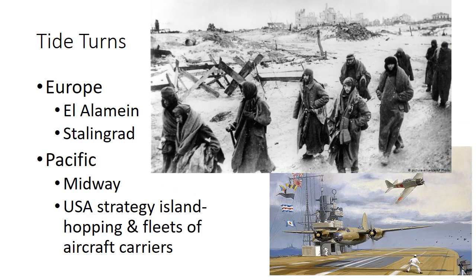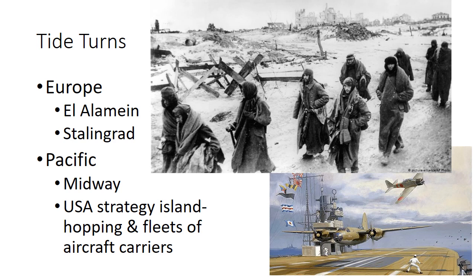The Pacific theater. After Pearl Harbor and the acquiring of practically all of Southeast Asia, we have the Battle of Midway Island. This is the destruction of four Japanese aircraft carriers by the Allied Navy forces, demonstrating their superiority in the Pacific. These battles stopped the advance of the Japanese.